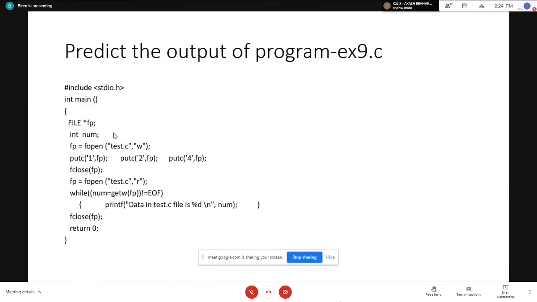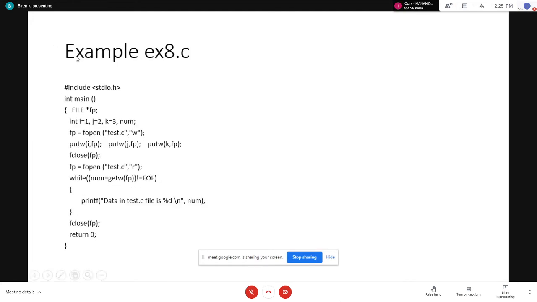Now observe this. Predict the output of the program. In the previous case, I was using putw and getw.